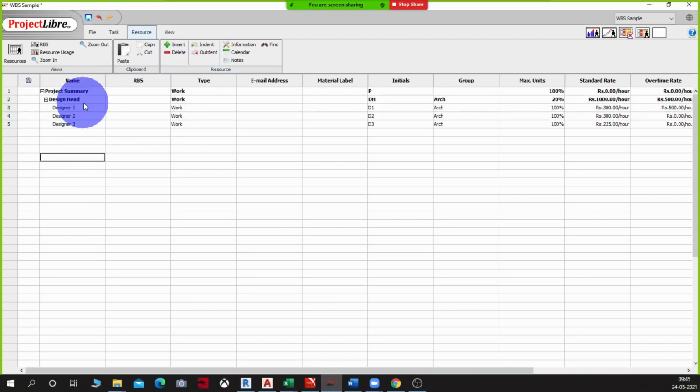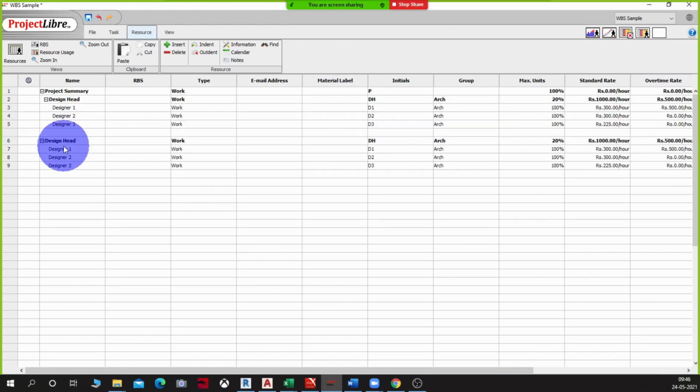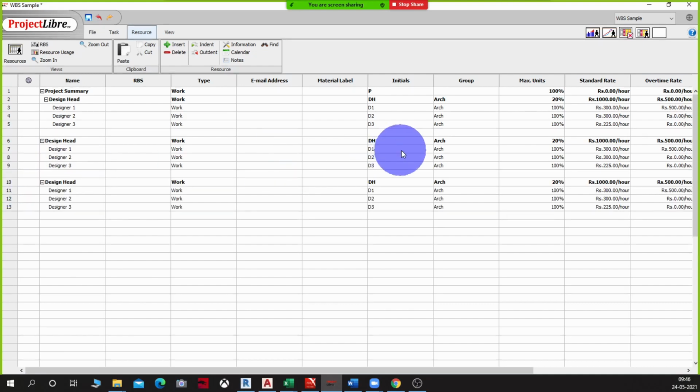Okay, so let me take these three components and paste them again here, but this time I'm going to call them structure and MEP. Okay, so I have these three consultants working together on this project now. I will also have a PM. I forgot about that person, and a site supervisor.